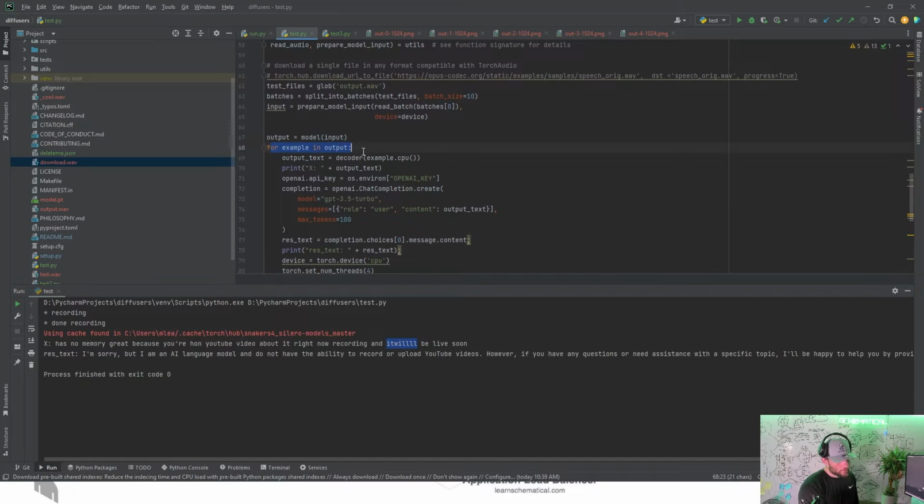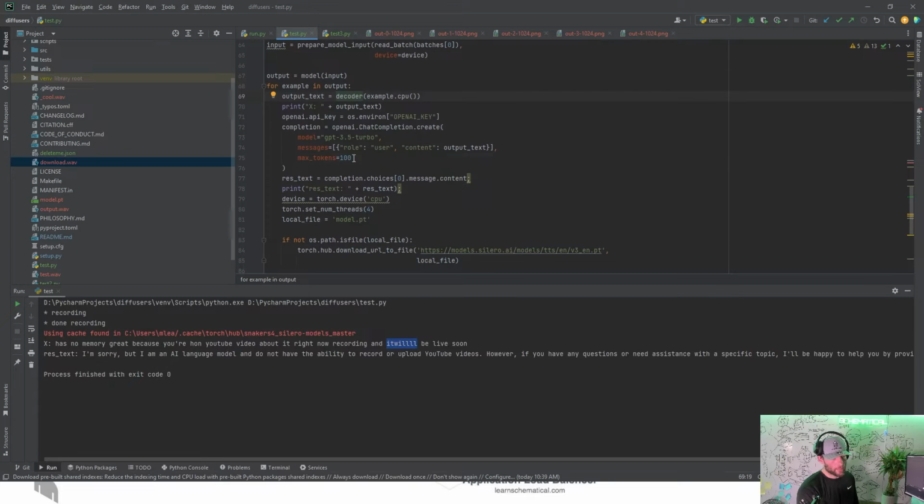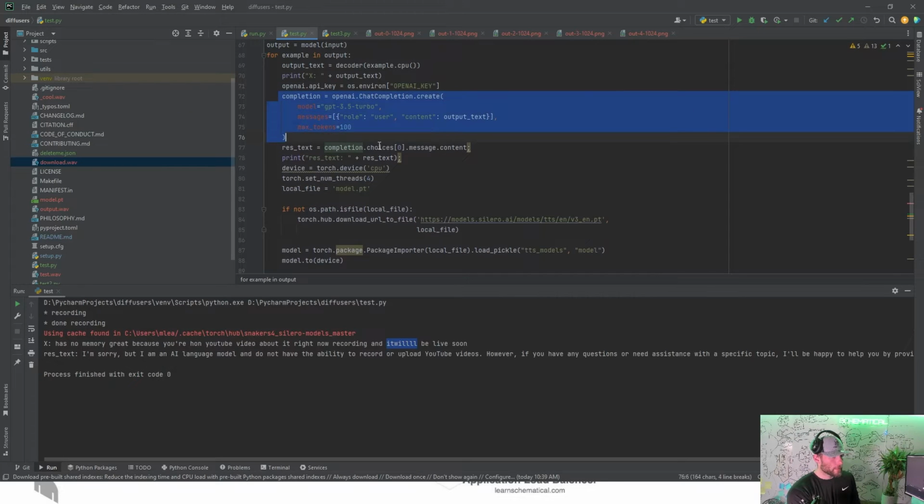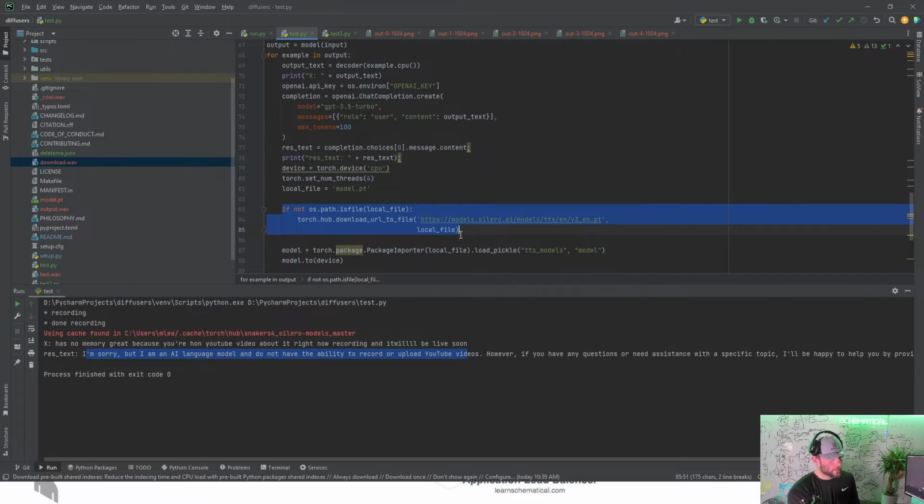I talk too fast. I know it. I'll try and slow down. Then, for every example in the output, which should be an array of just one there, it sends that to OpenAI. No real prompt modifications. I did set the max tokens to 100 because I don't want a ton of output. From there, that's the easy part. OpenAI sends me back a message, which I then print to the screen here, and we then run text-to-speech on it,